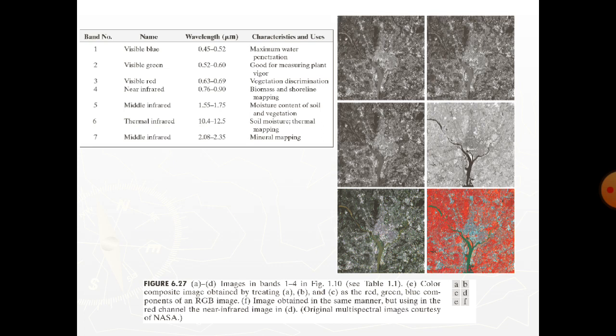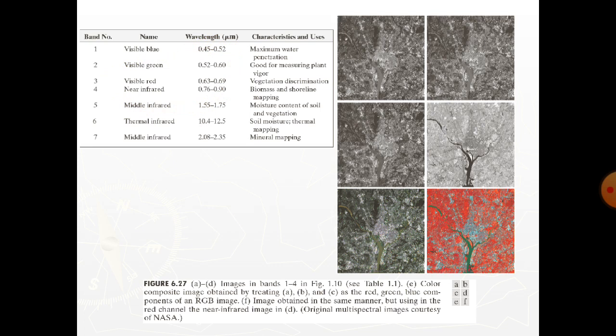Figure F is a little more interesting. This image was formed by replacing the red component of figure 6.27 E with the near infrared image. From this table we know that the band is strongly responsive to the biomass components of the scene.